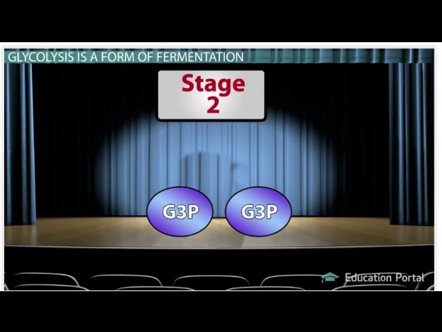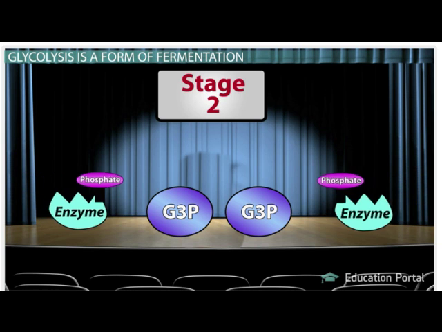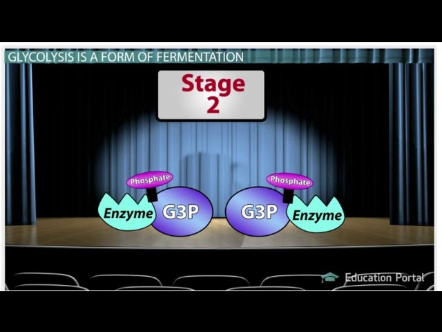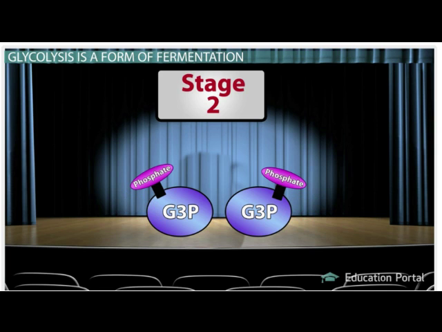In the second stage, this is where the important action happens. This is where the redox transformations take place that lead to generation of ATP. First, an enzyme adds a phosphate group to those 2 molecules of glyceraldehyde 3-phosphate from the prep stage. These phosphate groups are high